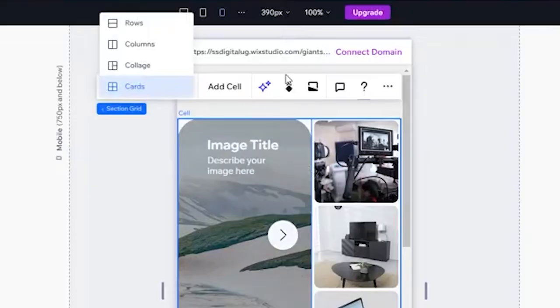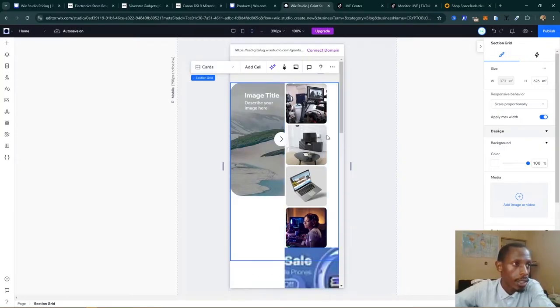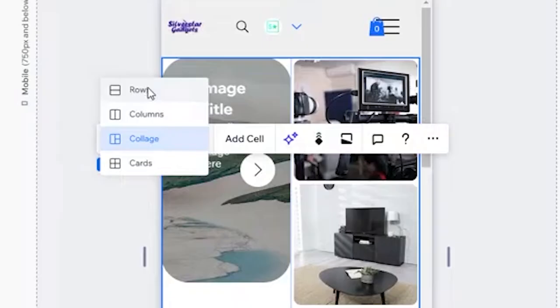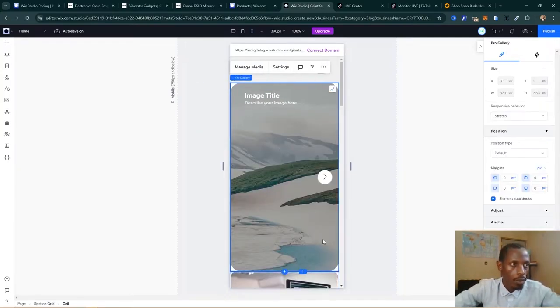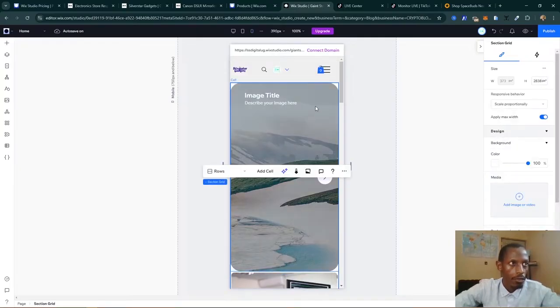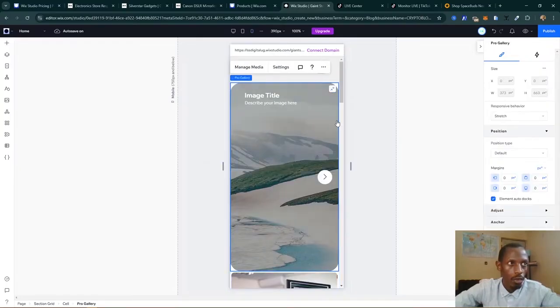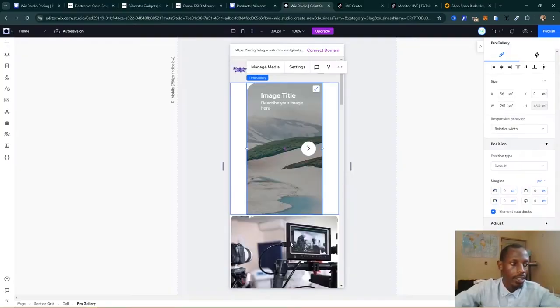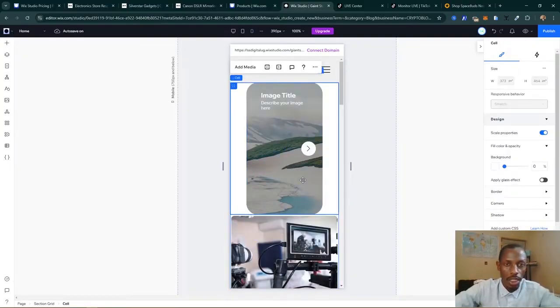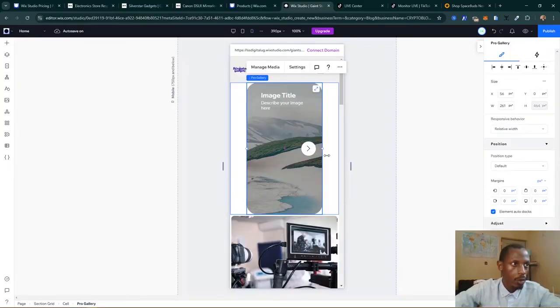Click on this section and make sure we can arrange this. You can also use the collage, but in most cases it doesn't actually bring out what I want. We're going to use rows on the mobile screen size. In that case we want to reduce the size, if it's possible. Now since we have used the stretch, it would be difficult to reduce the size of the element like that. But if we unstretch the element, we can have its own settings, like